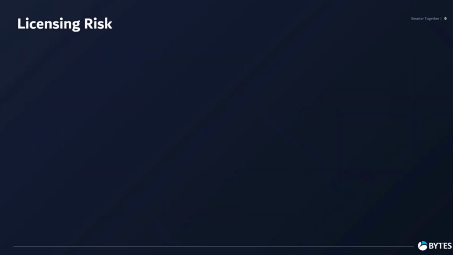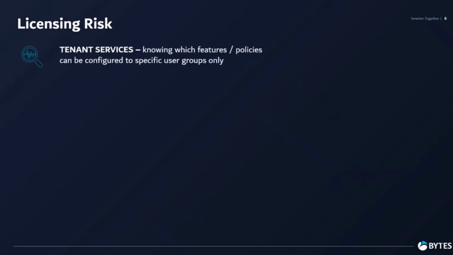So when we look at licensing risk in particular, this is typically where we associate risk and compliance with regards to Microsoft over the course of time. I mentioned previously the configuration of tenant-based services, predominantly in the security and compliance space, but actually knowing which features and policies we're enabled for, because there may be parts of the organization that we aren't licensed to switch these on for. And once we've enabled these features, going back and unpicking or taking that off users or mailboxes at a later point in time might be very tricky to do.